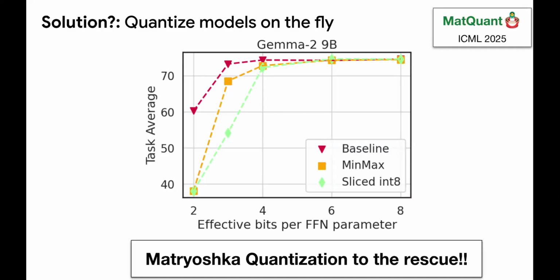But anything below 4-bit, if you do it without training, without QAT, which is just min-max quantization or something, it just falls off. And slicing is even worse. If you just take a quantized 8-bit model, slice the first 2 bits, first 3 bits, first 4 bits, it's pretty bad. It just falls off. But just notice that the 4-bit is pretty good at any point in time. Just the lower precision.